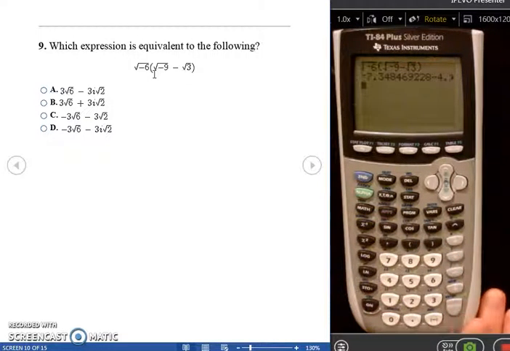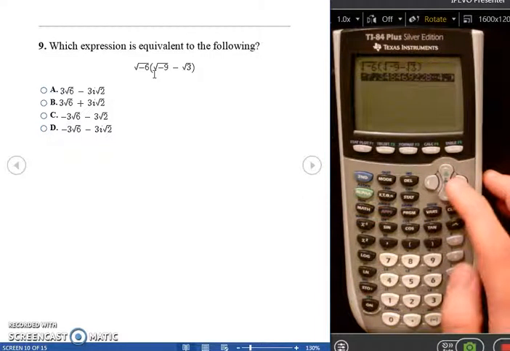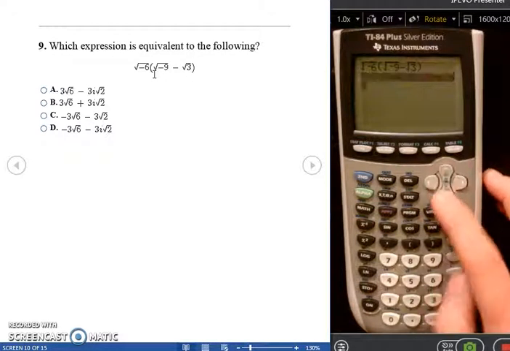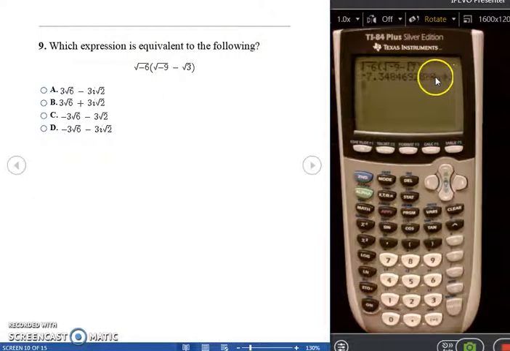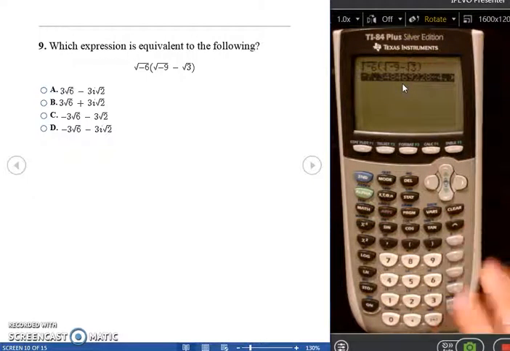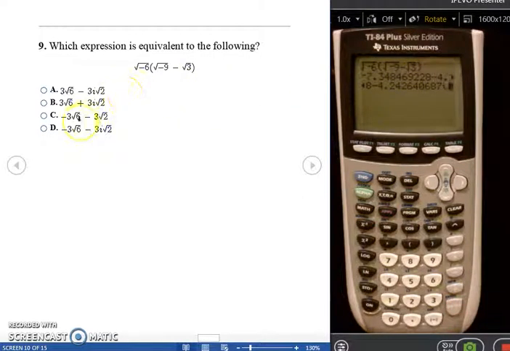And I press enter, and I get this really long answer. And so in order to see it all, first I see that the decimal here does not have an I and it's negative. So the part without I is negative. And then the way I use to see this whole answer is I highlight it and press enter. And then it brings it down and shows me the end. So it's a negative number minus a number with an I in it. So I'm going to look for a negative number minus